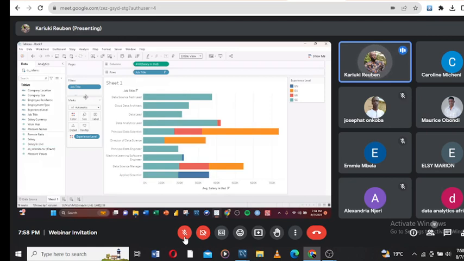So the marks pane is this one. The marks pane is where you perform all those formatting, for example, color, the size, the label, details, and the tooltip. So the label is here. I'll drag the salary and drop it where we have the labels. So when I drop that salary there,